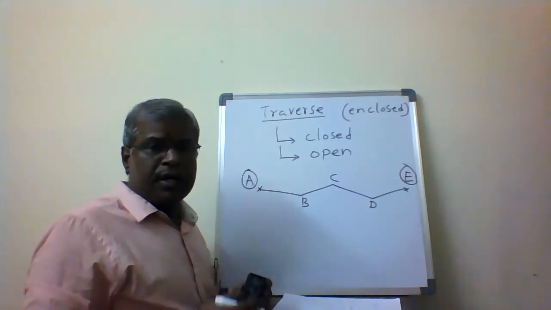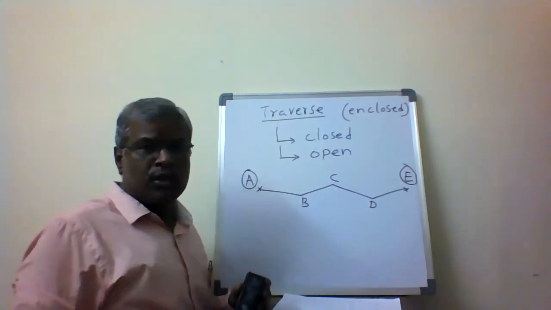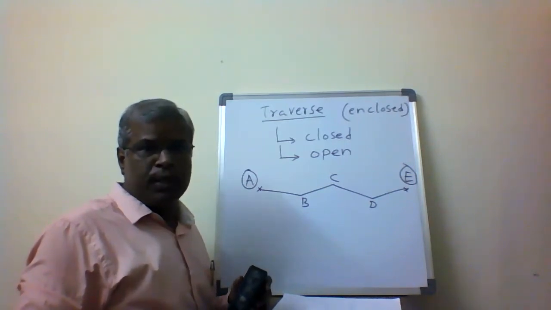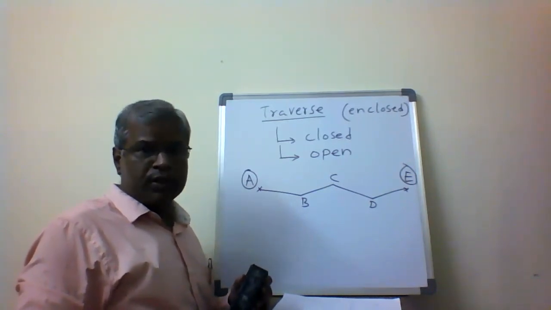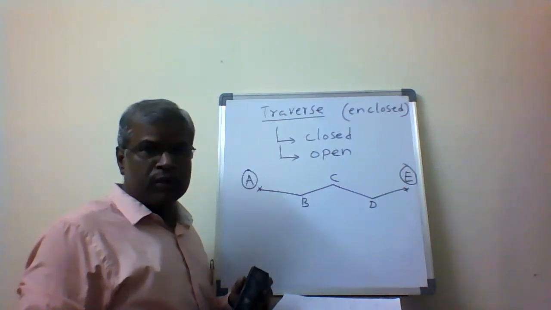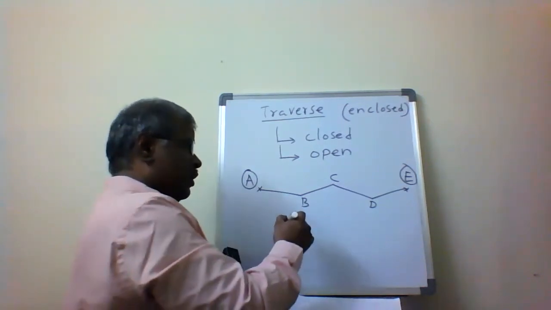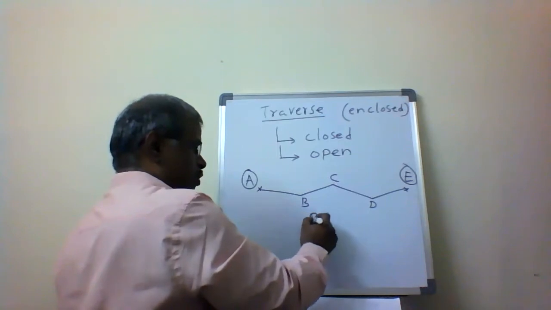It is open, or it is going to be called infinite length. So for infinite length, the measurement is going to be taking place. Then we are going to call it an open traverse. It is going to be open, not a closed one. For this example, C is going to be called a road network.